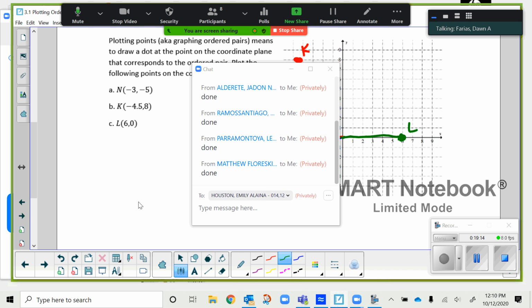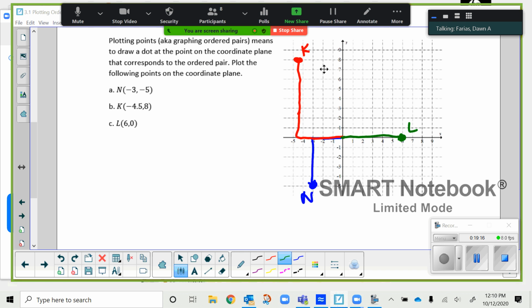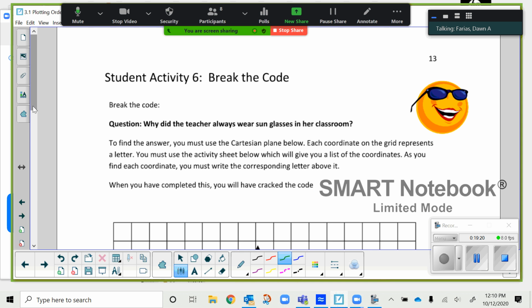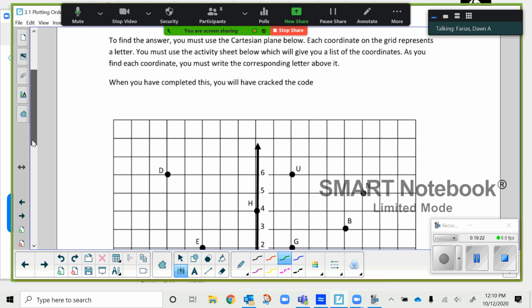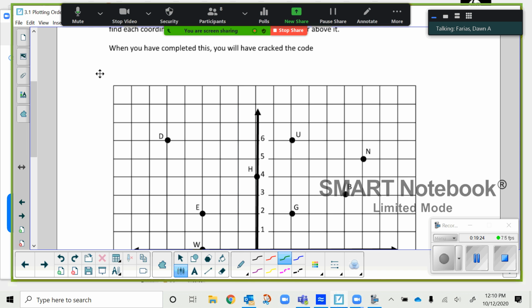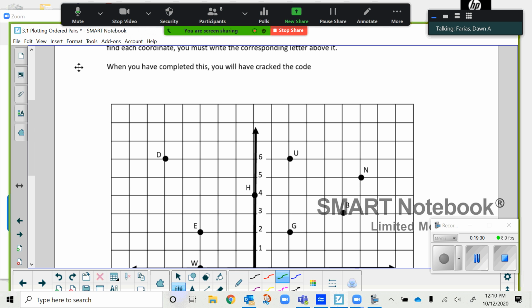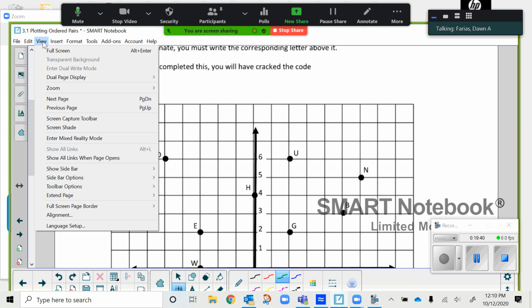So the assignment for today is a 2-sided worksheet. The first one, you just use the graph to decode the message on the bottom. And then the second part of the assignment is to make your own code and submit it to Google Classroom. So this assignment is 50 points for each thing. So it's 100 altogether. It's 50 points for decoding this graph, and then 50 points for making your own code